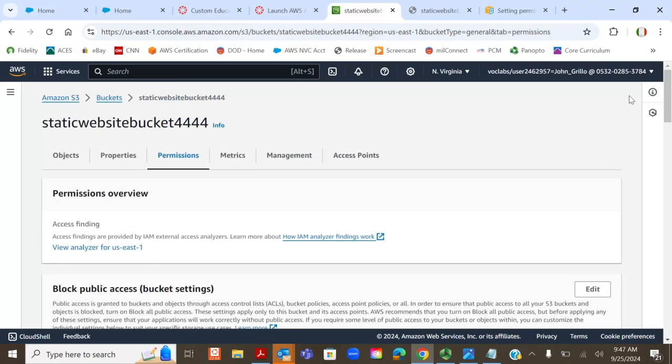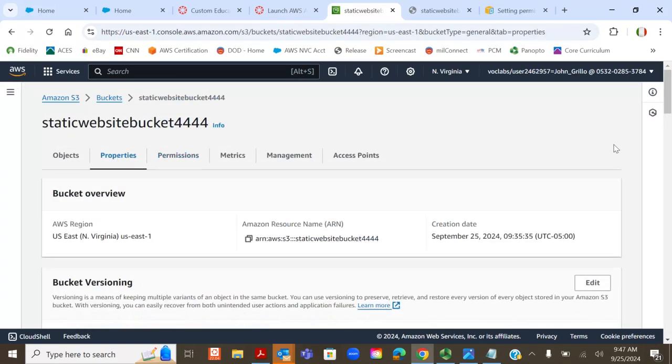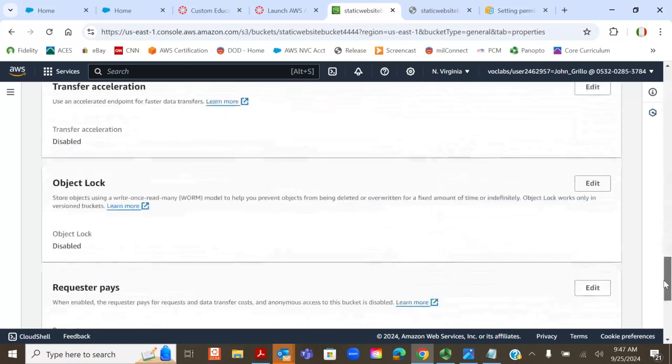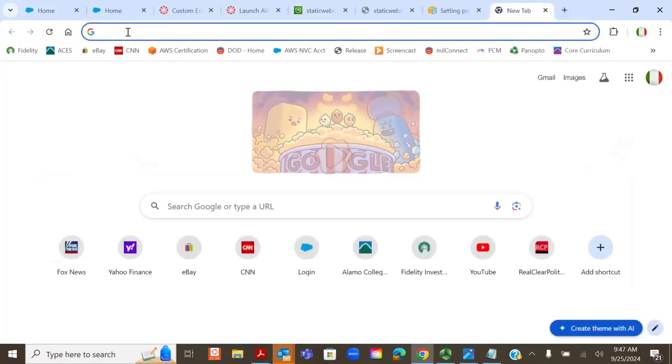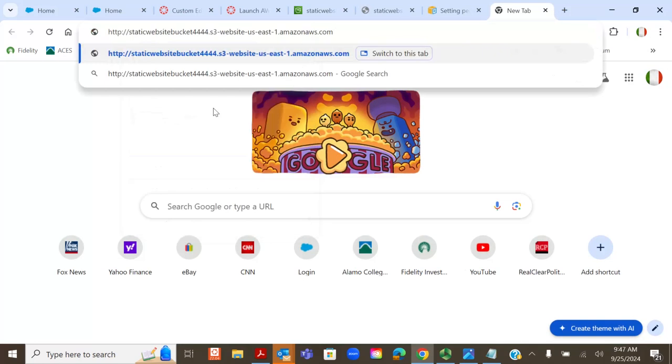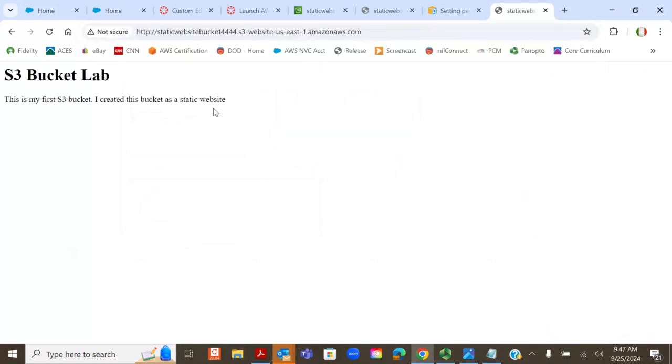So we've edited the bucket policy. We go back to the properties tab, scroll all the way down to static website hosting, and copy the bucket website endpoint. I'm going to open up a new tab, right click, paste, hit enter, and there it goes. Okay. So again, there are issues with the formatting